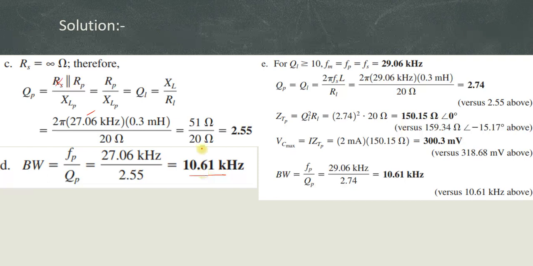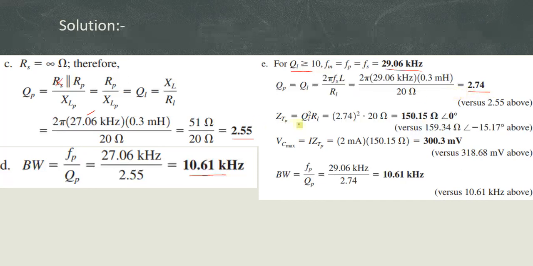So these are the assumptions when we solve, where the source resistance is taken as infinite. Suppose my quality factor is taken as greater than or equal to 10. So that my FM, FP, Fs are all equal to my series resonance frequency, 29.0 Hz. Now you substitute QP equal to QL, which is equal to 2 pi FsL divided by RL. So that it is around 2.74. Compared to this 2.55 value, it is somewhat greater. Automatically the quality factor is improved.